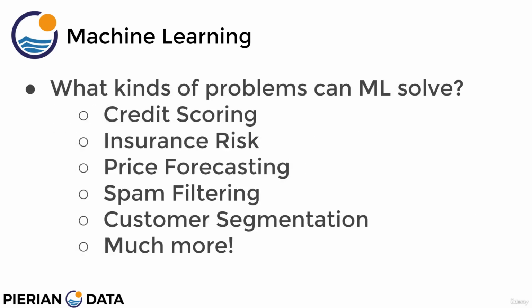So what kinds of problems can machine learning solve? Machine learning can solve many different types of problems. And here's just a very brief example of the different types of problems we can solve. We can do things like credit scoring. Essentially, if we're running a bank, we want to know whether or not someone is creditworthy, and if we want to offer them something like a mortgage or a credit card, and how much should their limit be on a credit card. What we can do is use data on that person's history to decide what is an acceptable credit limit or whether or not we want to give them a mortgage.